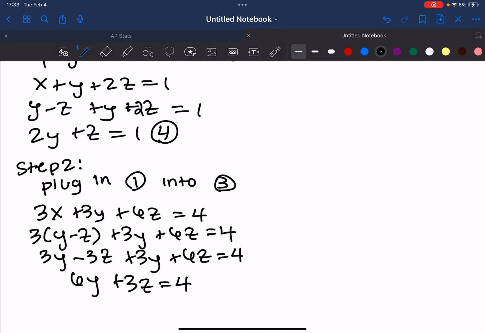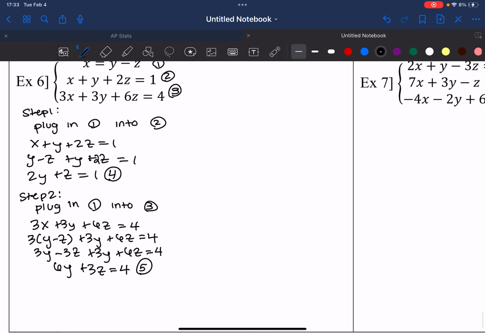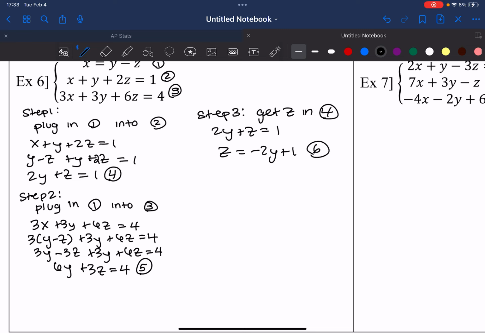This is equation 5. Now I'm going to look at equation 4 and 5 and see which one I can get a variable by itself. Well, if I look at equation 4, I can easily get z by itself. So that's what I'm going to do. So get z in 4. So 2y plus z is equal to 1. So z is equal to negative 2y plus 1. That's equation 6. Now in my next step, I'm going to plug